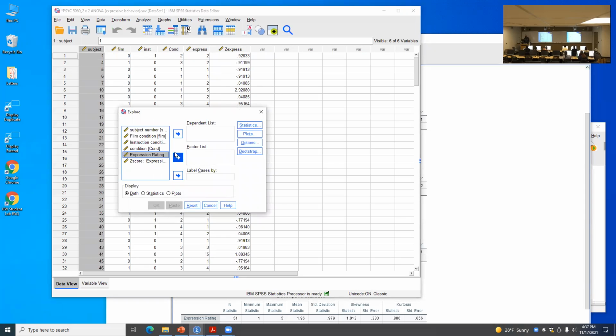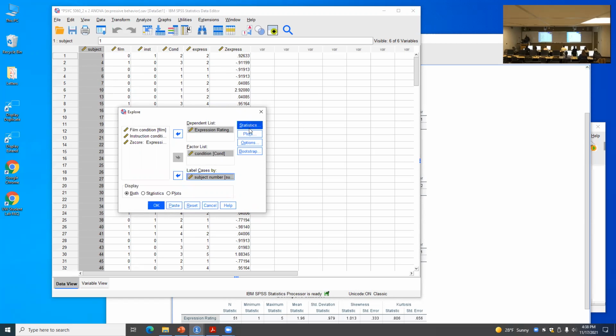I'm gonna look at my expression ratings as my dependent variable. I'm gonna go down through and drop condition into my factor list, right? That's gonna split everything up and look at things differently by condition. And I'm gonna take subject number and drop it in my label cases by. Again, that just means for my box and whisker plots that anything that's an extreme value will be labeled with the participant number